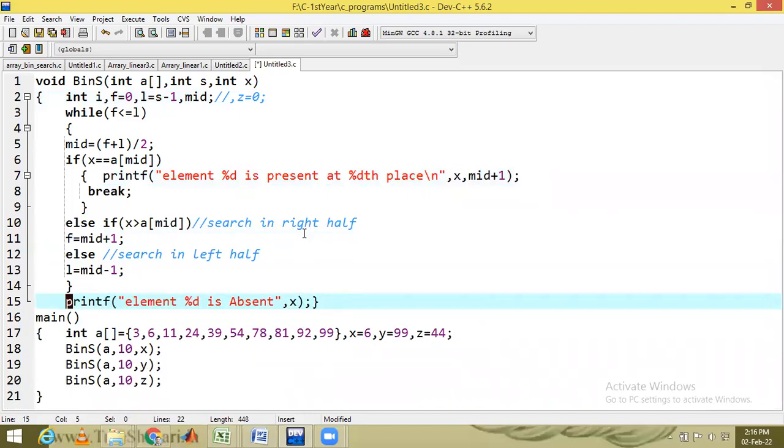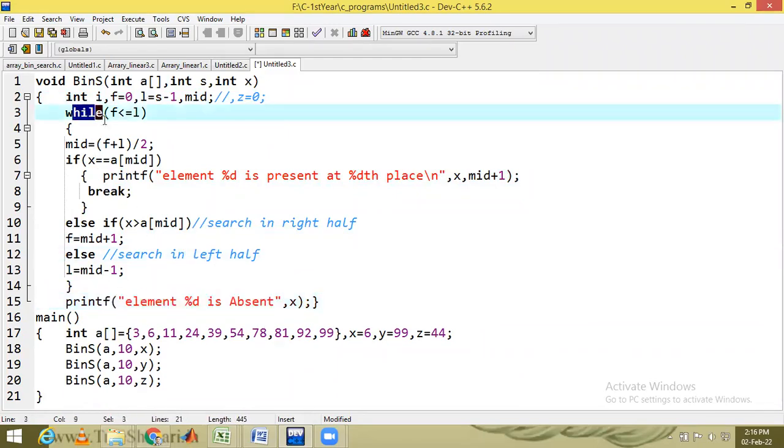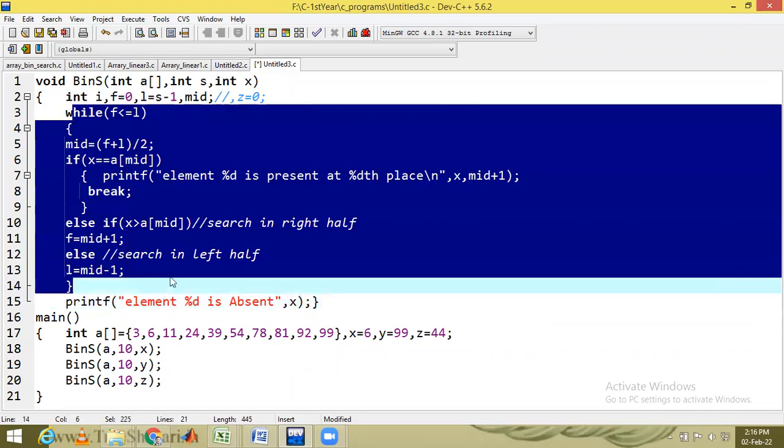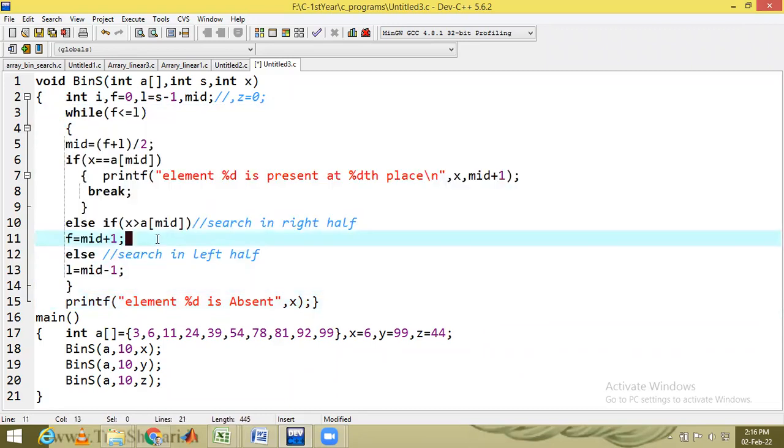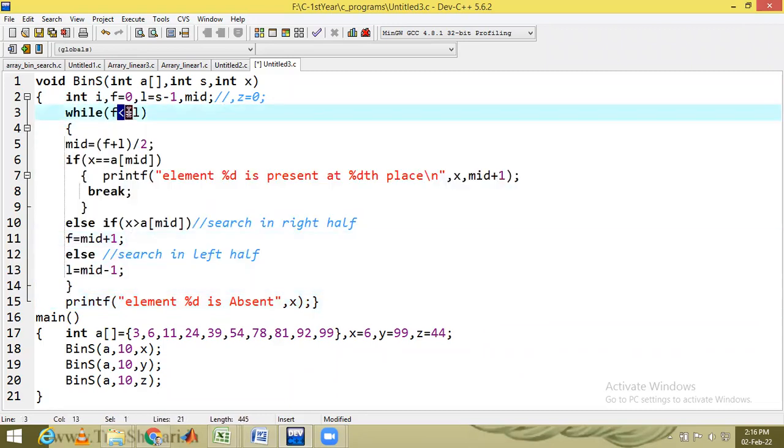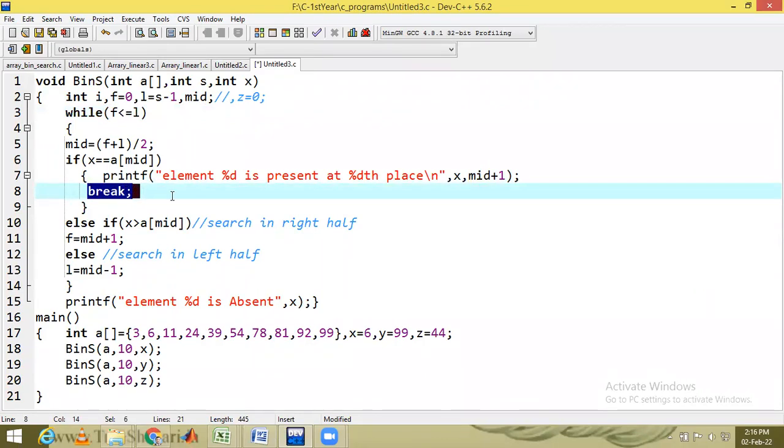Write printf only, because this printf will be executed only when you are out of the while loop. And the while loop will be terminated only when this condition is false. If this condition is false, the while is normally terminated, right? Break is an early exit, right? So instead of break, now I am going to use return,